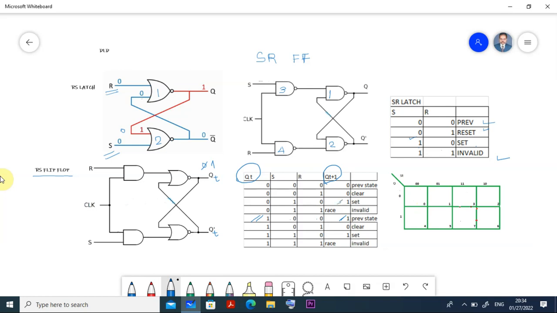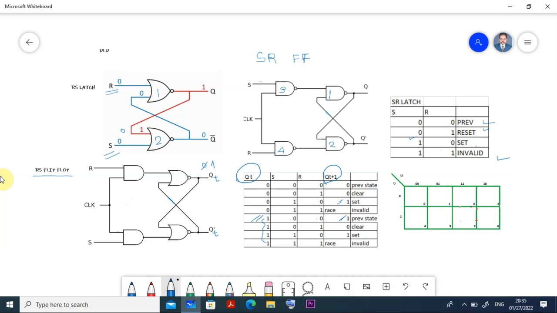So the same one continues here. Now when S is equal to 0 and R is equal to 1, because in all the cases here clock will be 1. Don't worry, because in the first four cases I have taken clock equal to 0, and in the second four cases clock is equal to 1. Now when I am going for 0 and 1, which is the higher value? 1 is the higher value, it is reset. That means it has to reset.